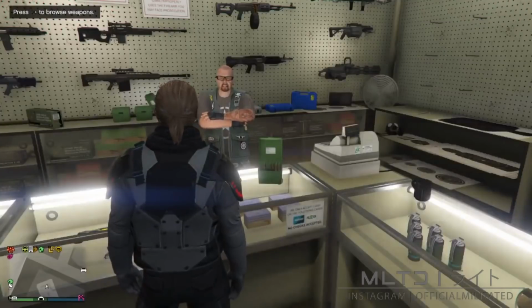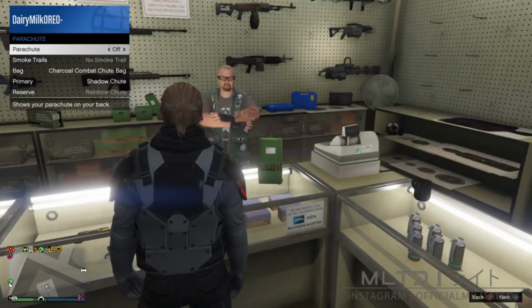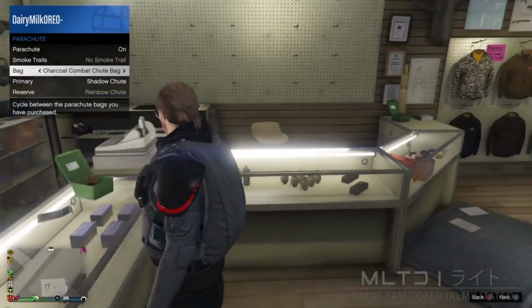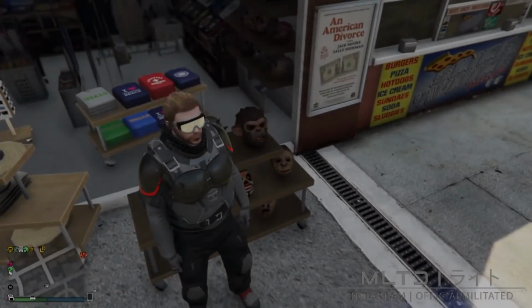We're then going to back out of the weapons section and reopen the interaction menu. Now we're going to go into style and parachute and you're going to make sure that parachute is set to on. We're going to use the charcoal combat shoot bag for this outfit, but you can also use the black one if you prefer. That's pretty much everything that we need to do in ammunition, so we're going to go